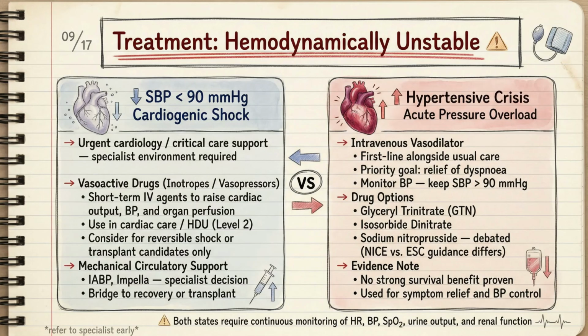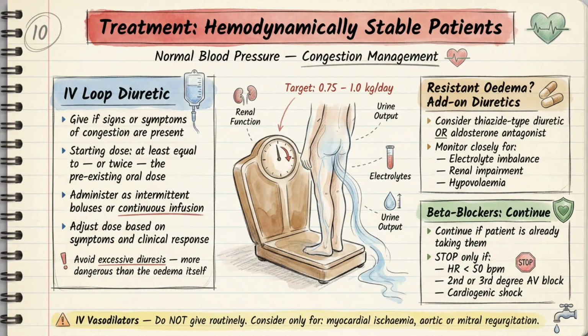Evidence note. No strong survival benefit has been proven with vasodilators. They are used for symptom relief and BP control. Both states require continuous monitoring. Heart rate, BP, SpO2, urine output, and renal function. Refer to specialist early. For patients with normal blood pressure who are not in shock, the core treatment is congestion